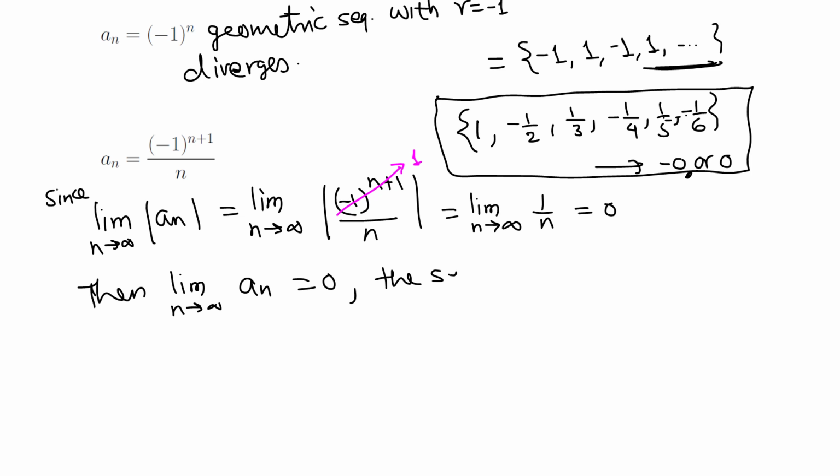That is, the sequence converges to 0. And we observed that here, because these terms were marching towards -0 or 0, and in fact they are the same. So final